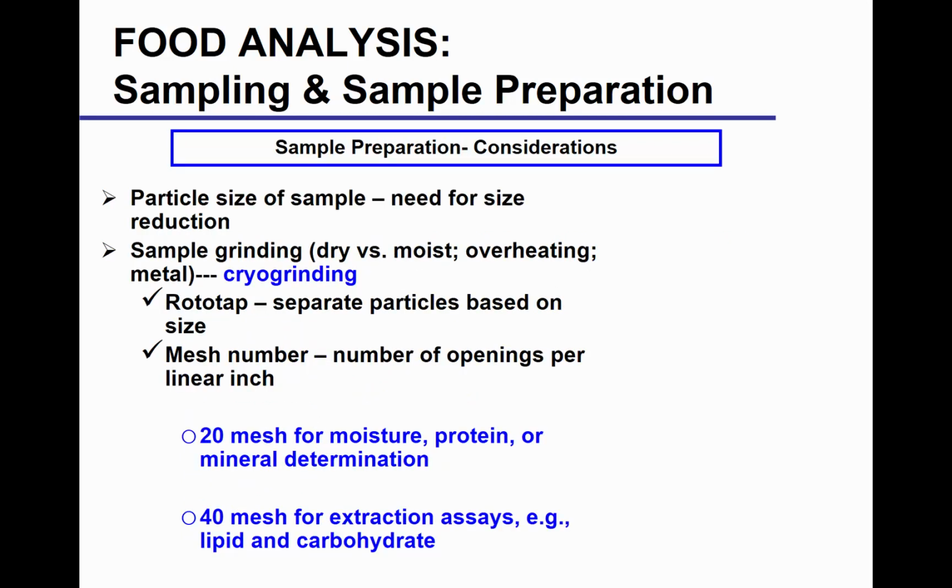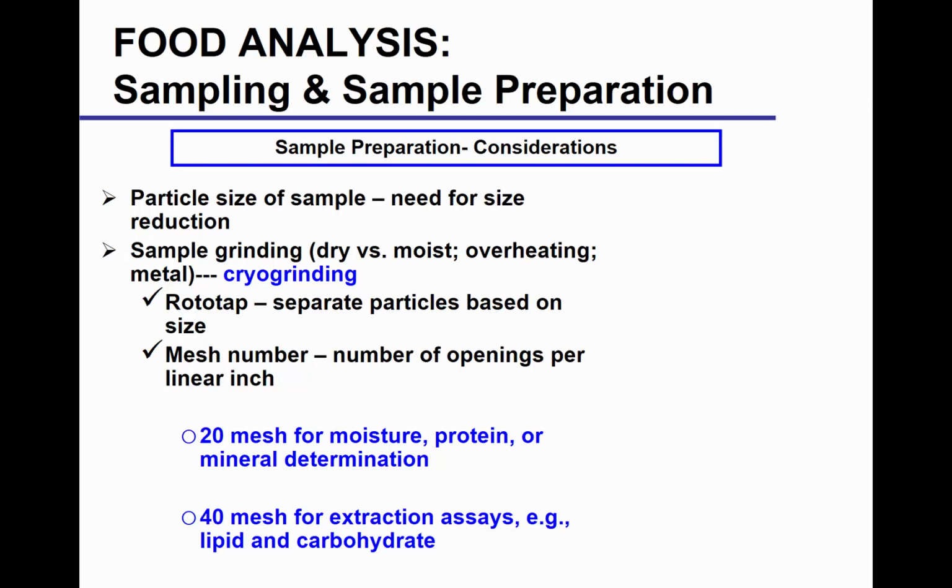So in order to run the analysis, you really have to bring the particle size down to increase the surface area, because a lot of the analytical methods require higher surface area. So one of the first steps you would do, and you're going to experience that in the lab if you're going to work with a cereal, total cereal from General Mills, and you want to analyze protein content and fat content. So you have to grind that into a certain mesh number. So that you will experience in the lab, that you are reducing the